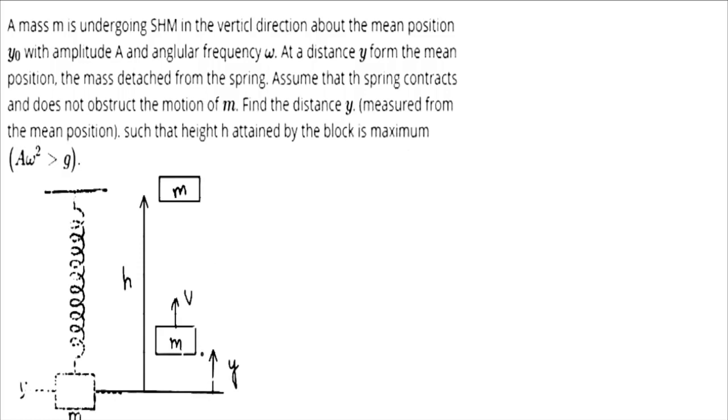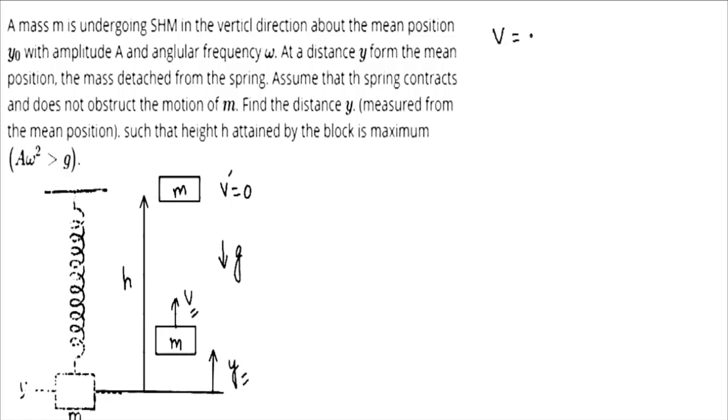You can see here the spring gets detached from this mass when it is at some position y. Now at that position the block must be moving upward with some velocity, let us say v. So first we need to find v. Since it has some velocity, it will continue to move upward with acceleration g acting downward on this block. It will continue to move upward until its velocity is 0 at some point. Let's take this as v dash, so there is no confusion. First we need to find h, but before h, let's find the velocity of this body when it is at height y.